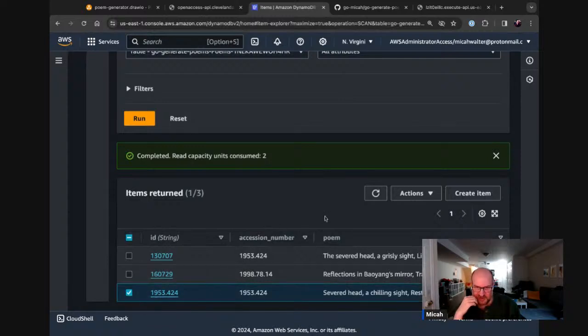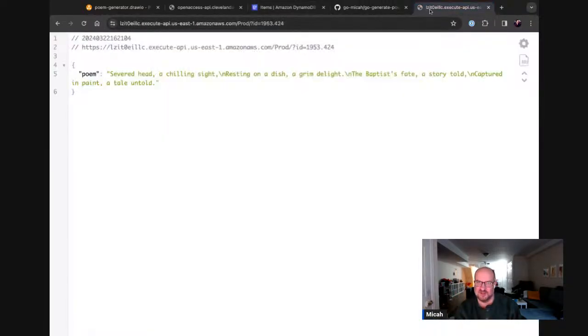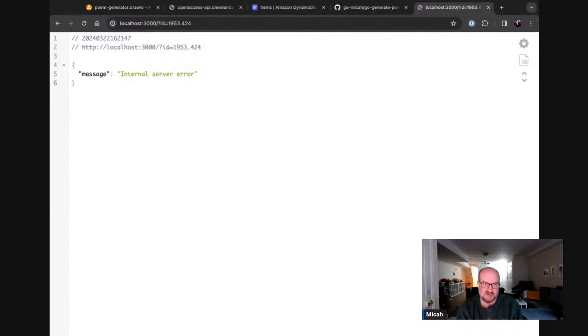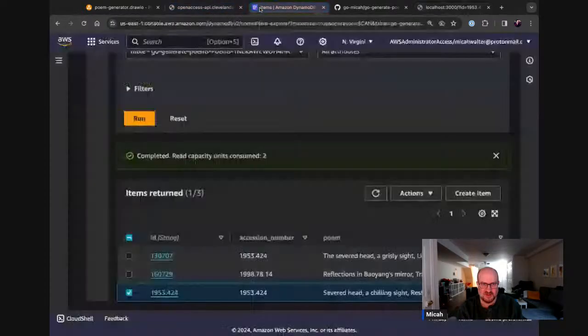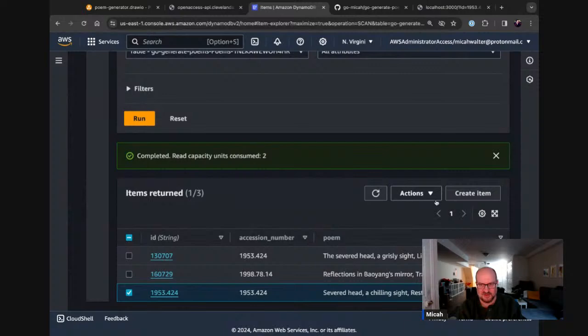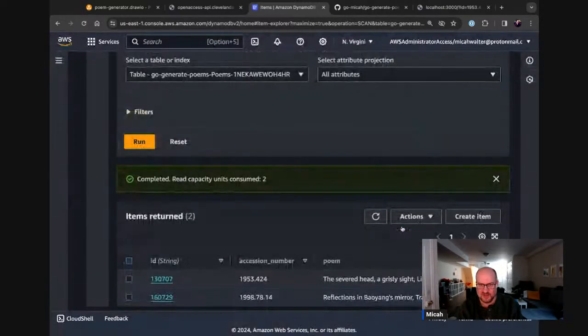I thought I did delete this, but let's try this. Oh, you know why? Duh. Okay, because I haven't deployed it. All right, so I'm using this, this is the production endpoint. Oh, okay. We would do localhost 3000. I don't know what I'm doing. I'm just messing around now, it feels like. There we go. Okay, localhost. And so now if I do, that was silly. All right, so let me just delete this because I made a mistake. All right. Okay, I believe it works.